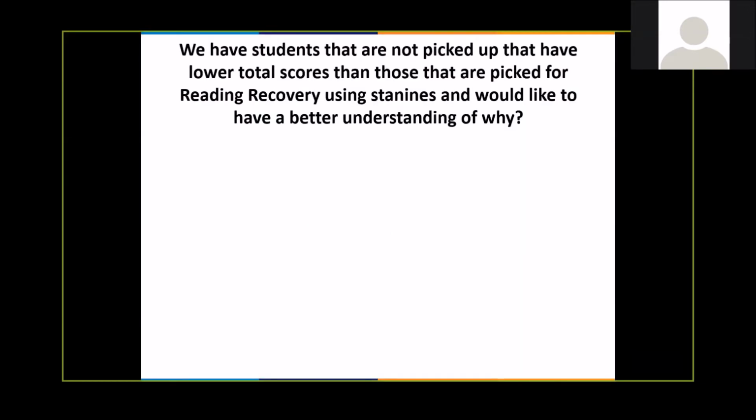So let's get to our next question here. The question was, we have students that are not picked up that have lower total scores than those that are picked for reading recovery, using our normal stay nines, and we would like to have a better understanding of why. It's a difficult question for us to answer why, because data doesn't always tell the whole story. I could look at a child's data and it tells me part of what's going on with the child, but